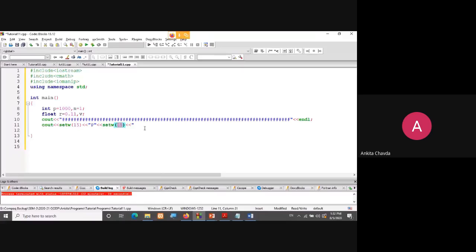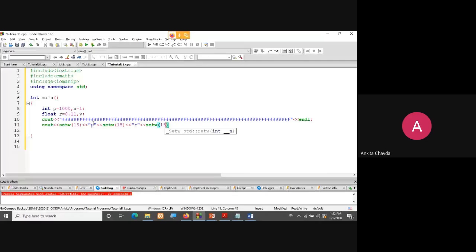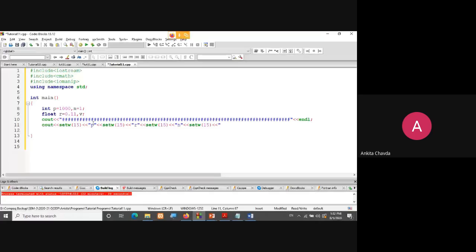I have used 15 here, so I'm using 15 everywhere. That is small p, small r, which will just be printed on your screen. You can use anything here. setw of 15 again, and I'll show n. Again setw of 15, and then finally I'll have that V. And at last I'll have the ending.